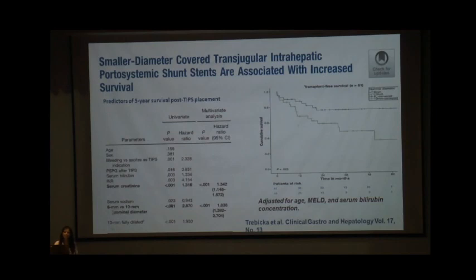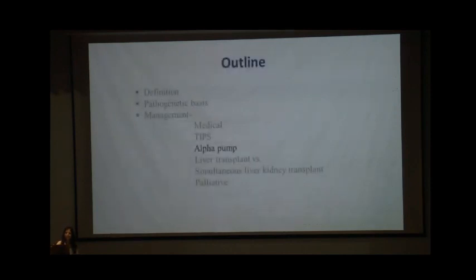So TIPS was dilated to 8 millimeter versus 10 millimeter, and they found that in patients who were sicker, so patients who were having jaundice, bilirubin above 3 or refractory ascites, they were the ones where they had actually done an 8 millimeter dilatation, and they found that this was an important factor in this sicker group of patients in predicting survival benefit post-TIPS, as was the renal dysfunction. So again, renal dysfunction, age, and all these factors are important, and there is where we should not be using